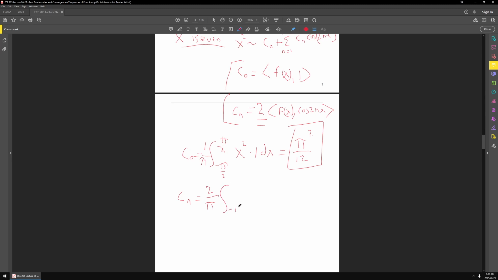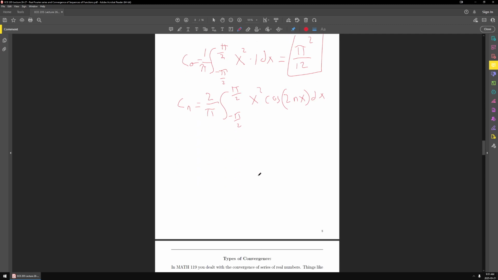The integral from minus pi over 2 to pi over 2 of x squared cos 2nx dx. Here you have your options. You can use integration by parts, or you can do integration by parts with the tabular method. Those are your two general types of options. Here, I'm just going to say integration by parts goes brrr, and we end up with pi n squared minus 2